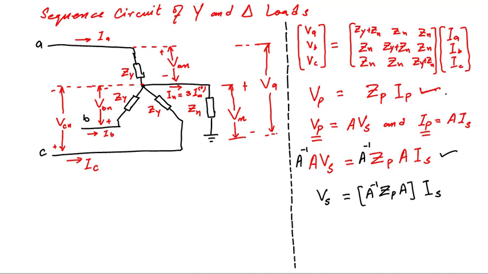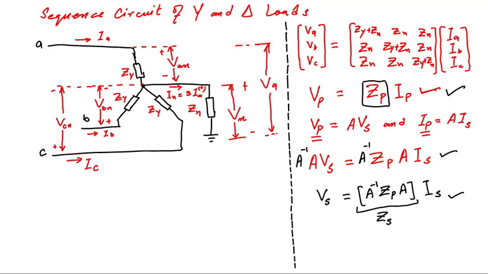Now as this matrix equation describes this circuit in phasor form, in the same way this matrix equation describes the same circuit in sequence form. How can we say this? Look here: in this equation we can see an impedance coefficient matrix Zp relating phase currents and phase voltages of this system, and here another coefficient impedance matrix is relating sequence current with the sequence voltages. So this impedance matrix is known as the sequence impedance matrix ZS.